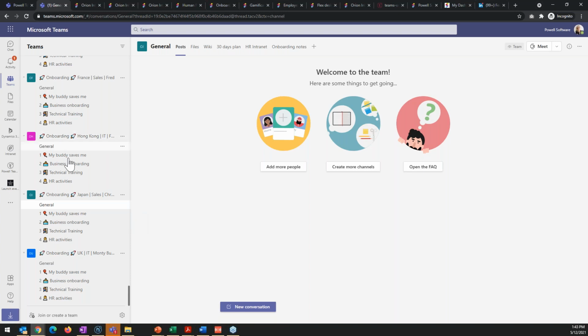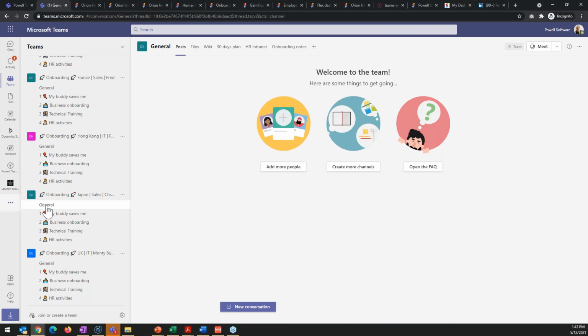So here, as an HR manager, you can see that I've got a couple of onboarding teams. They all have the same name, so they were all created with the same template. As an HR manager, in 3 clicks, I create a team that has all these different channels pre-configured. Obviously, all the settings are already in there because that's in the template. I've got the right owners, the right members, because I put the information in the template.